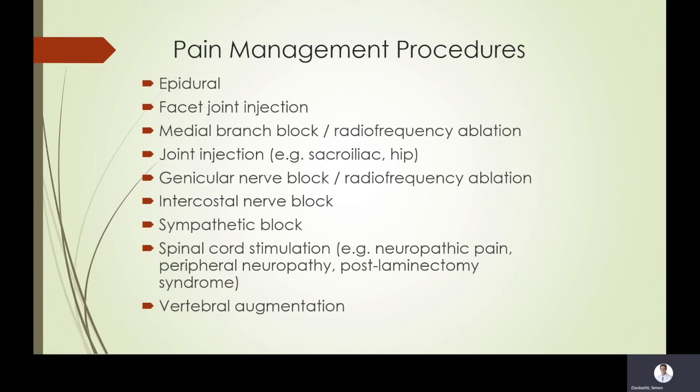Another area of pain is arthritis. You can get arthritis in your knees and hips, shoulder joints, but there are also joints in the back between the bones, the vertebrae. Those joints are called facet joints. And those are common areas of pain, especially in individuals who are older than 50 or 60, or people who do chronic heavy lifting. On X-ray and MRI, it's very clear that they might have severe arthritis. And what you can do is a facet joint injection, a medial branch block. You can put numbing along the nerve that sends the pain signal to the brain, and you can treat that